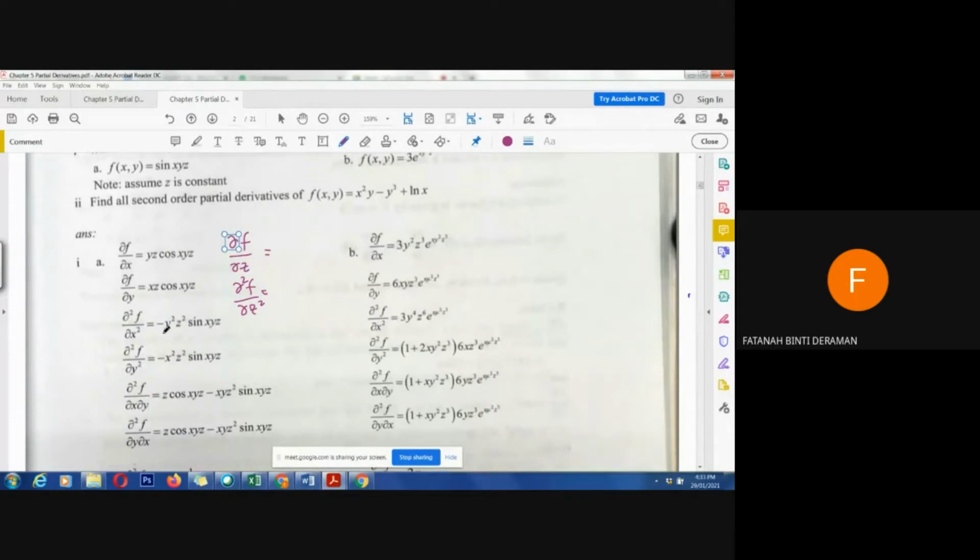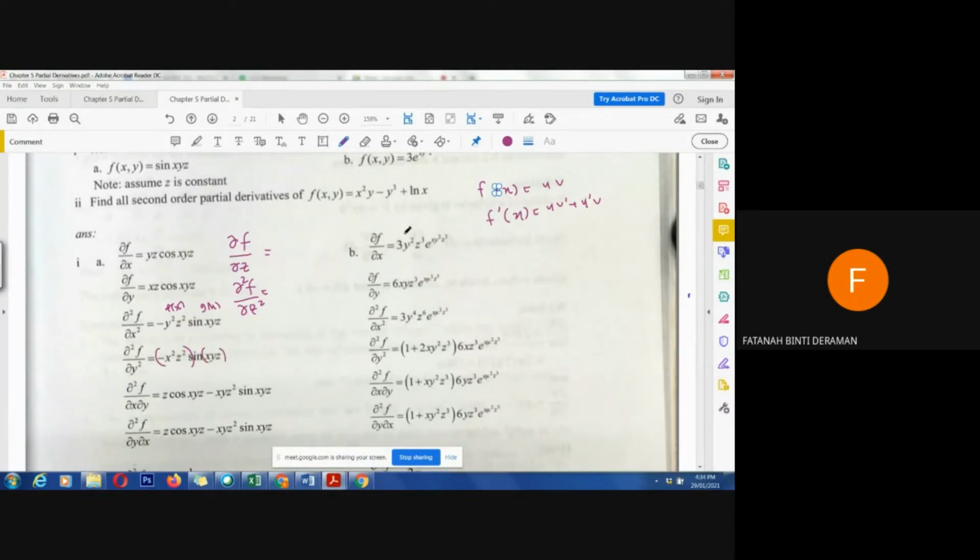Because here we have two functions. It's like f(x) and g(x). So what will happen here? That's why we need to apply the product rule. If we have f(x) equals uv, so f prime x, we will have uv prime plus u prime v, right? Because here we have another function, and then inside the sine we have another function.